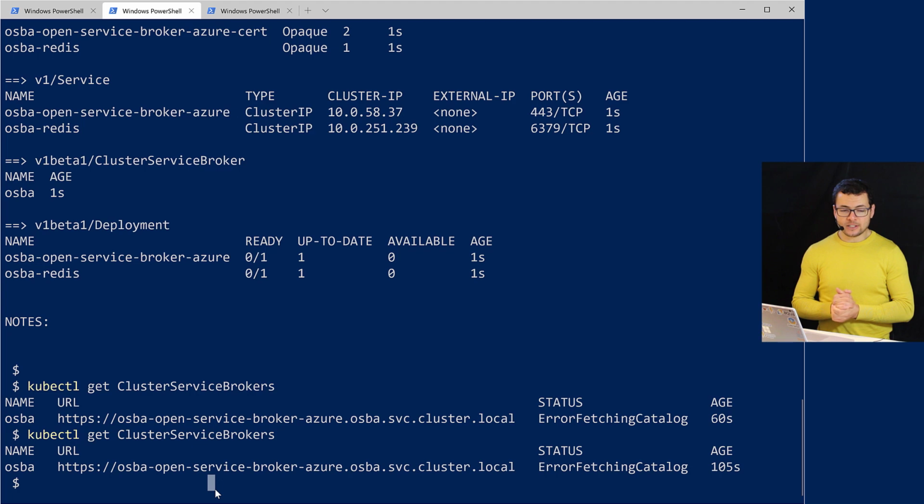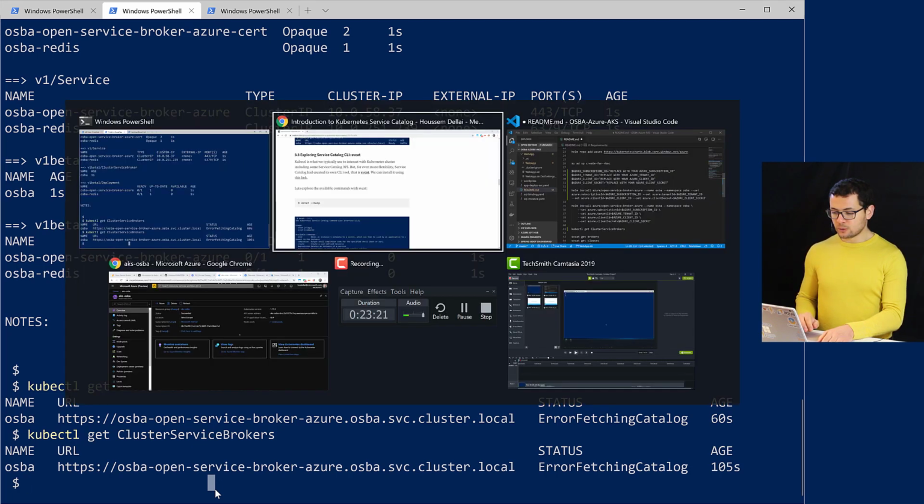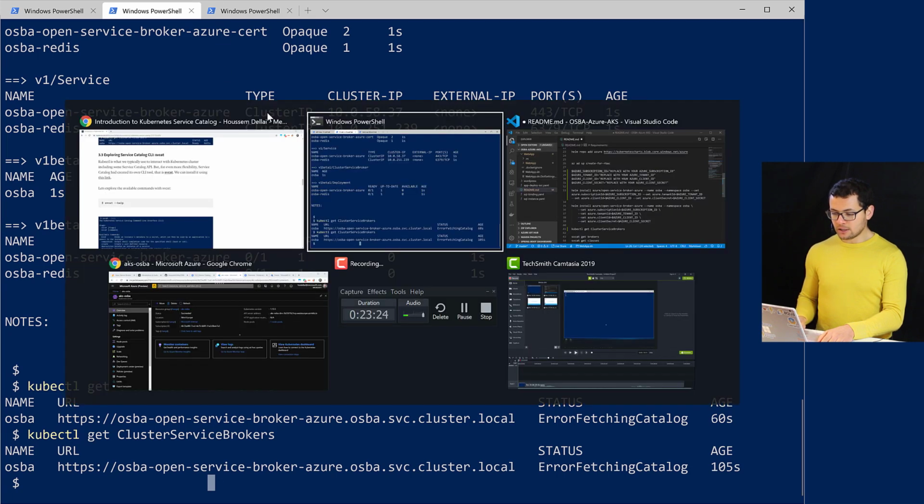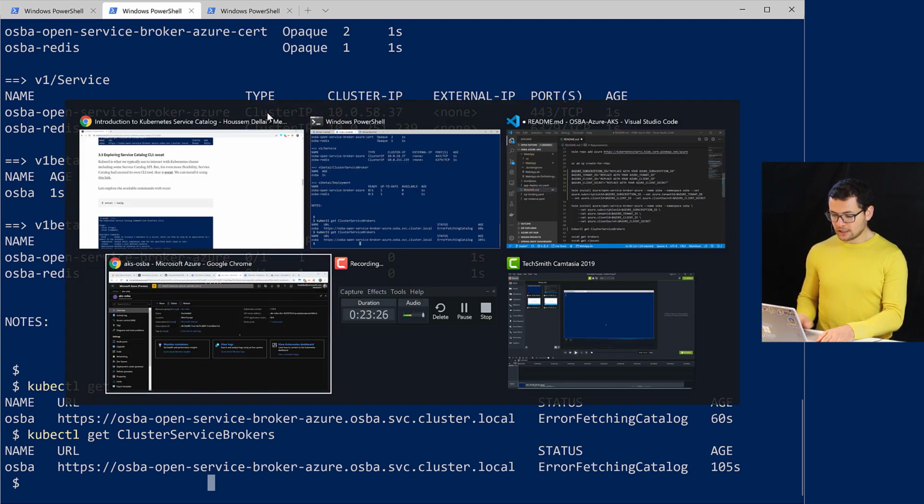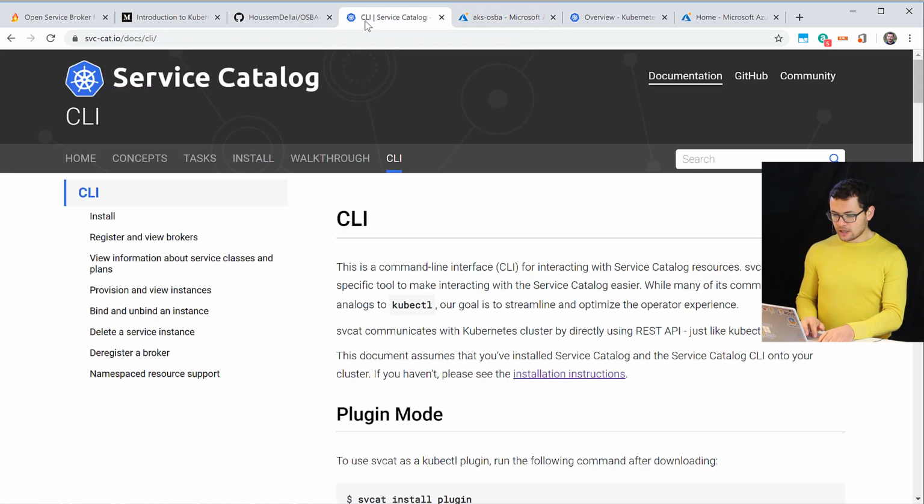While it's still provisioning, let's talk about something else. Here we have already deployed the service catalog, and we can interact with it using the kubectl command. But the development team for the service catalog have created another CLI tool called svcat, which has more features available to interact with the service catalog. To install this command line, we need to go to a dedicated website, and that's available on this link,